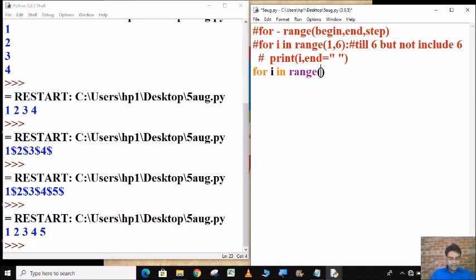We can directly write 6 here. This also means it will move towards 6, but it will not include 6. In this case, the beginning is not defined, so it will begin from 0.